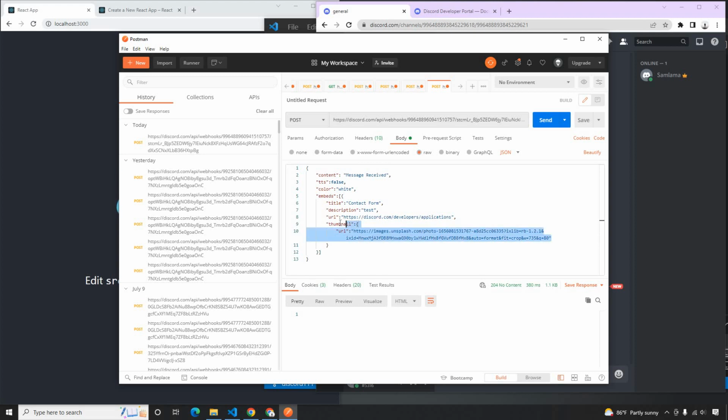If we want to put the picture on a thumbnail, we can provide a URL. Here we can also provide a URL, but we don't need to. And here is a title and description. And here it is a color, and there's a content called message receipt, and the TTS is false. The TTS is basically, if we make it true, then the bot will speak. So if I send it,